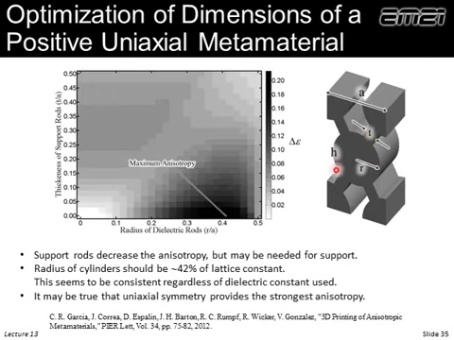Well, what about the size of the rods? What we found is somewhere around an 80% fill fraction, or a rod radius of 0.4 times the lattice constant, really independent of what material we're using. We found that's about the case. So that was an interesting conclusion. So about an 80% fill fraction is where we see the strongest birefringence.